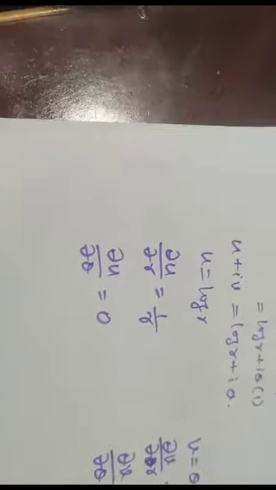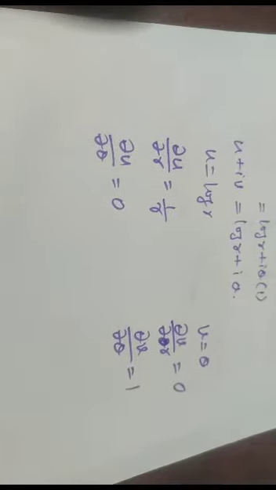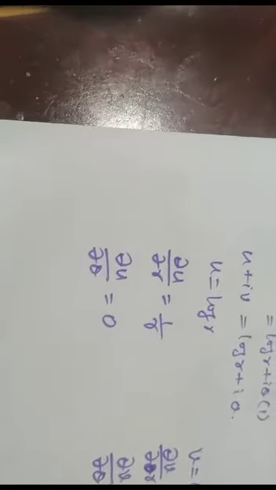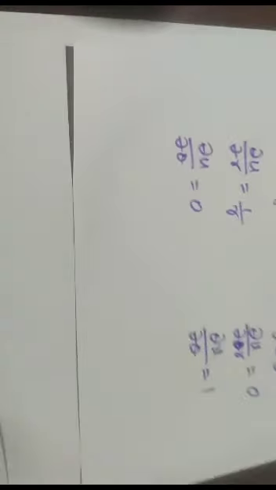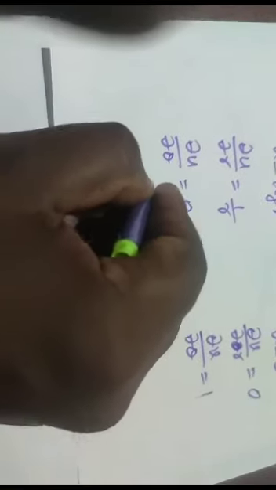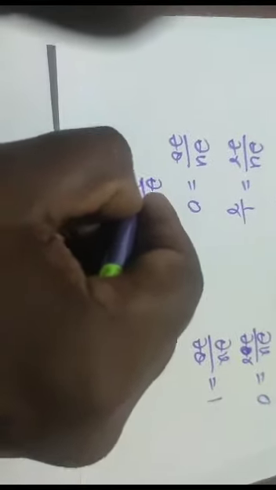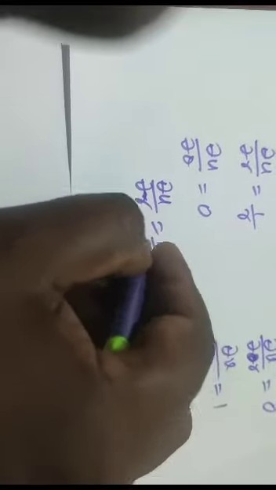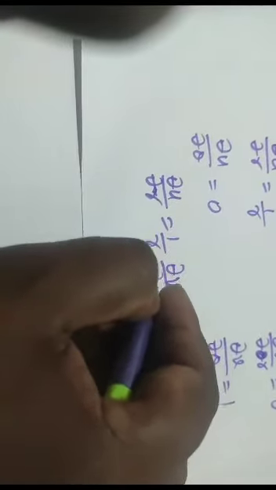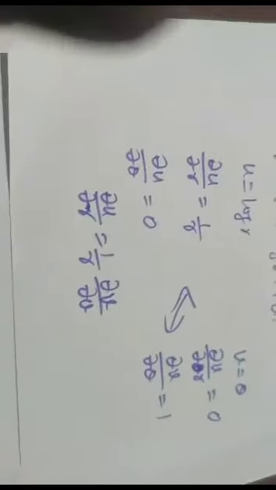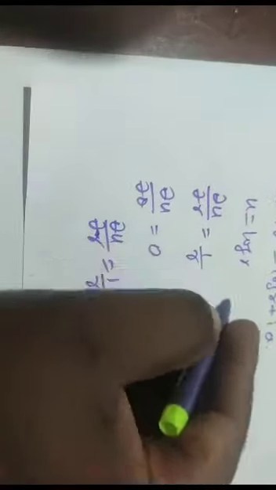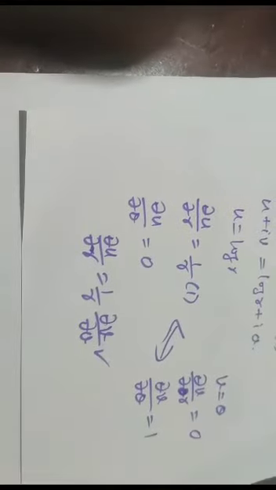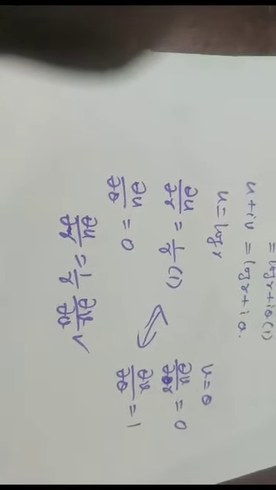Compare these with the CR equations in polar form. That is dou u by dou r equal to 1 by r times dou v by dou theta. From these two, dou u by dou r equal to 1 by r into 1, where 1 is dou v by dou theta. Therefore, the first equation is satisfied: dou u by dou r equal to 1 by r times dou v by dou theta.